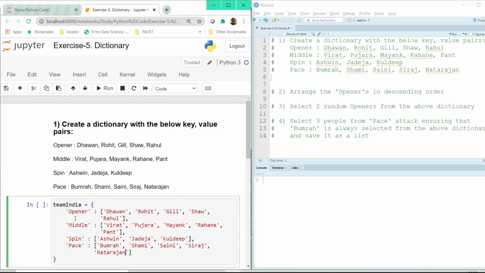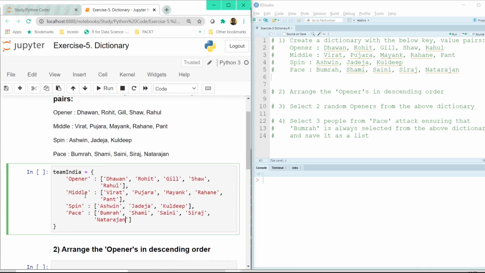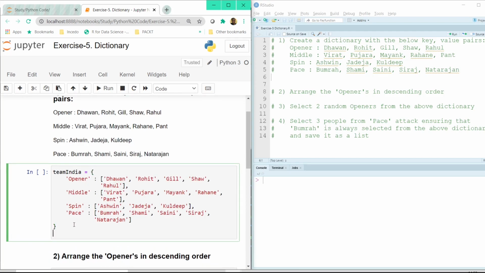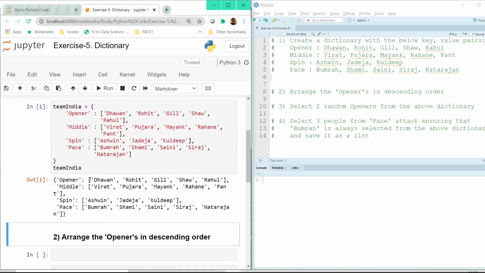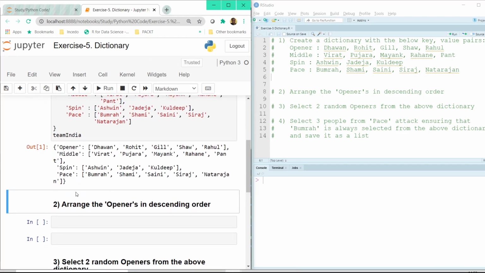All right. Now, once we have the key values incorporated, if we just print the variable Team India, we get all the keys and their respective values. All right. Now, the next question.